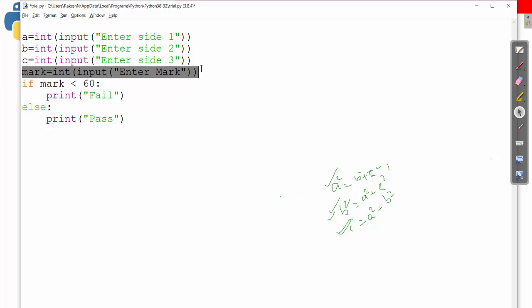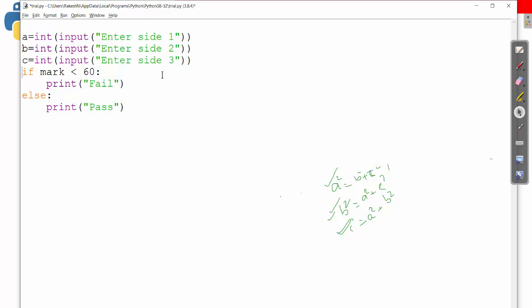So I'm going to write a square. A square, how do I write it? I can write AA or I can write A double star 2. A square can be written in this way. Okay.